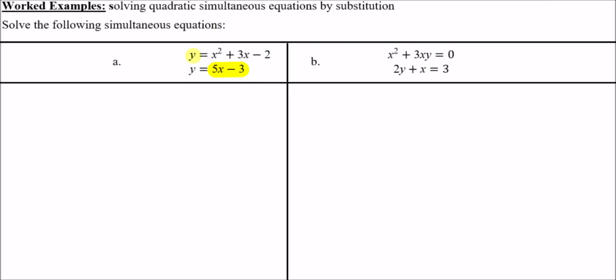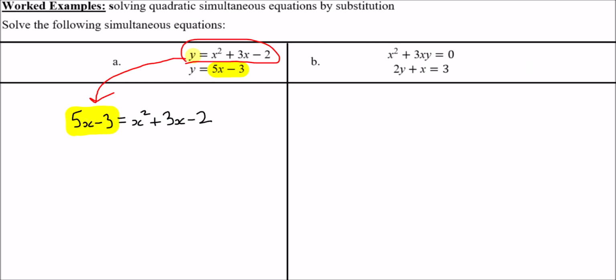So using that idea, this top equation is going to become 5x minus 3, which is y, by the way, of course, equals x squared plus 3x minus 2. Just replacing y with the expression for y, which is 5x minus 3. So if we subtract 5x minus 3 from both sides, we can set this quadratic expression equal to 0. So we have x squared, take away 5x from 3x, we have minus 2x, minus minus 3, essentially adding 3 to the minus 2 will give us plus 1